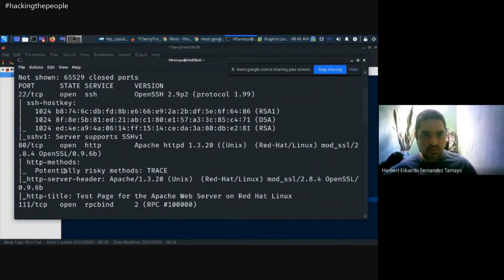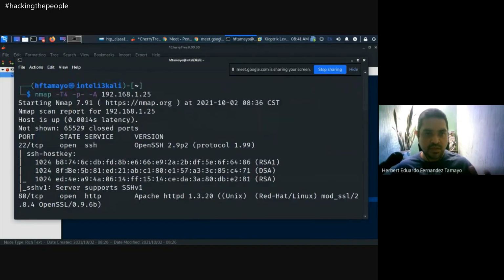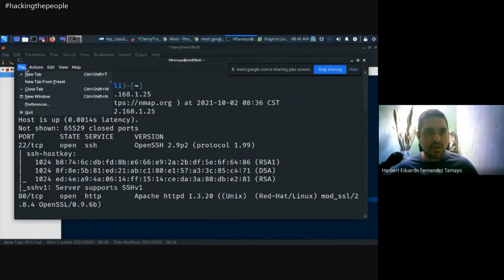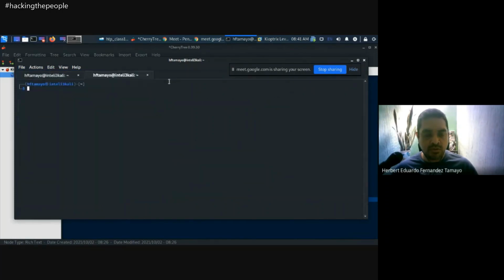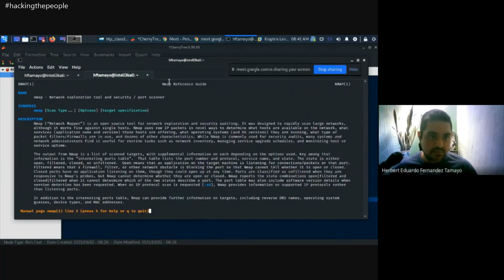Okay, so that is the idea that we may discuss later. Okay, so in case you may want to know more details about Nmap, you may go to man Nmap. Okay,